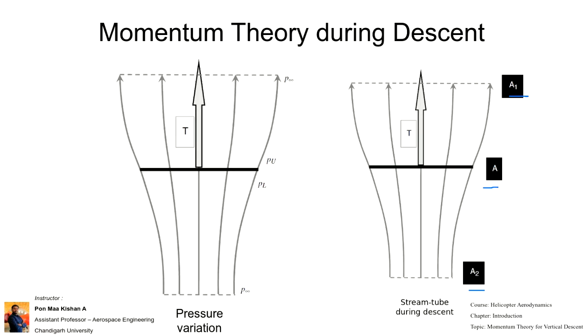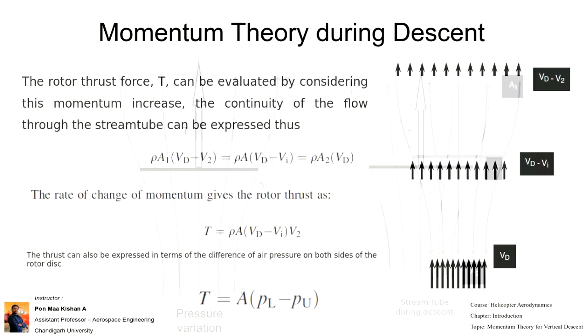Try to understand the difference between the helicopter's descent and takeoff, that is climb. During climb, the pilot will be raising the collective pitch control so that the pitch will be positive, and the pitch angle of the helicopter blades will be positive so the helicopter can lift off from the ground. During descent, he will be lowering the collective control, so the pitch angle will go negative and it will start to descend. But at that time also we need to provide thrust, so the rotational speed has to be maintained.